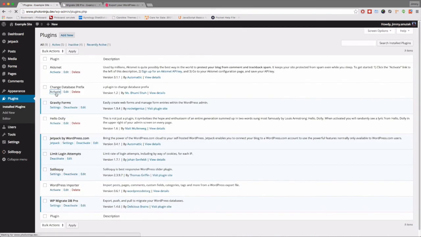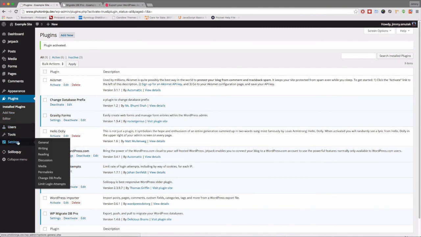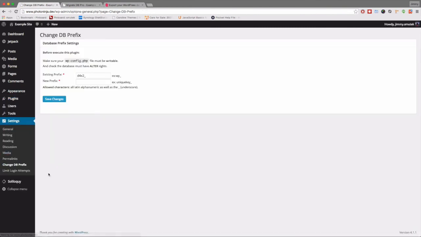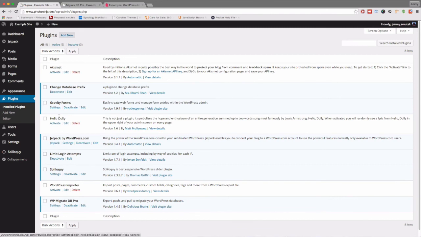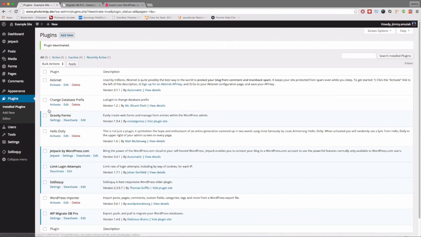So I'm going to go back to plugins. I'm going to activate the Change Database Prefix plugin, and I'm going to go to Settings, Change Database Prefix, and I want to change my prefix to LLCJ, and let's save changes. And let's go to plugins, installed plugins, and I'm going to deactivate that plugin again since we're done with it. Now let's go back to Tools, Migrate